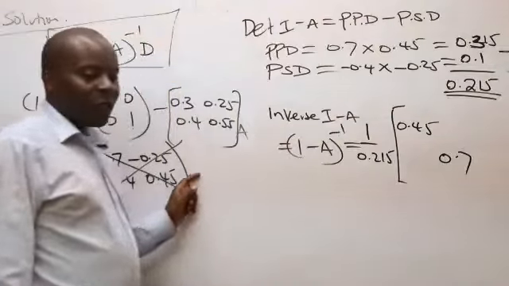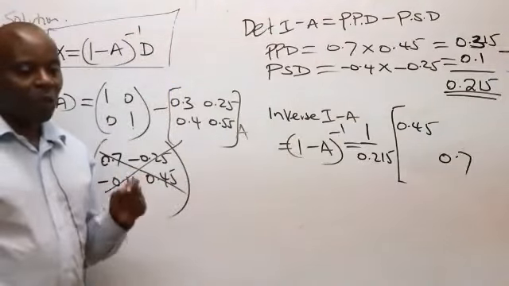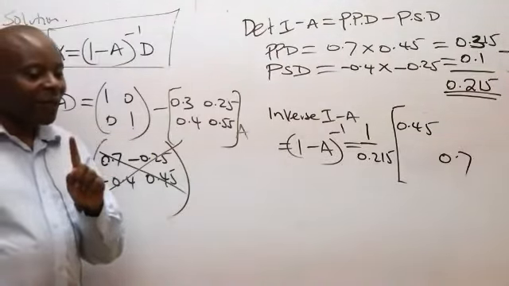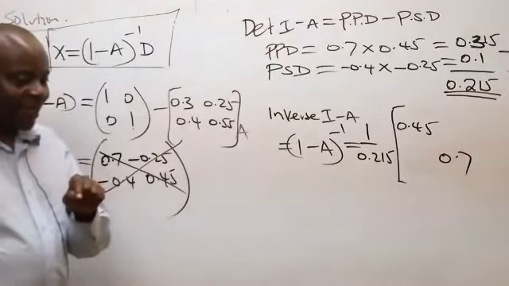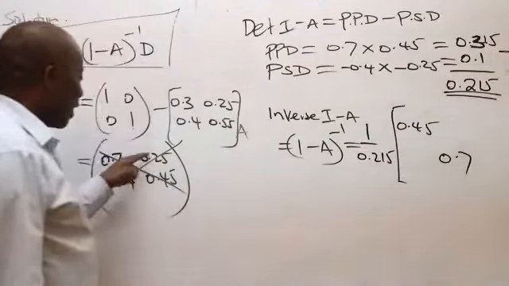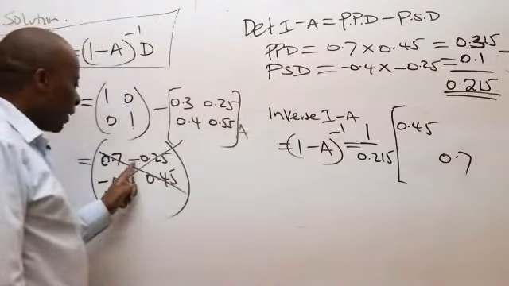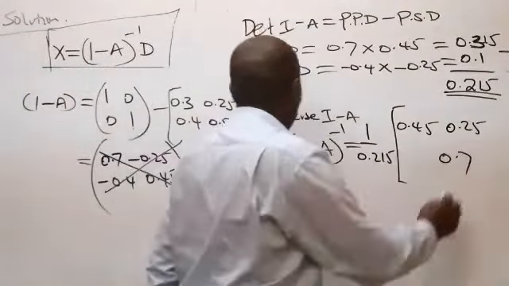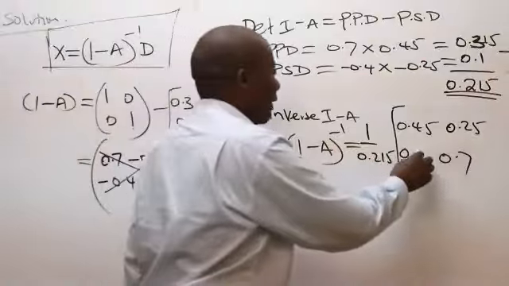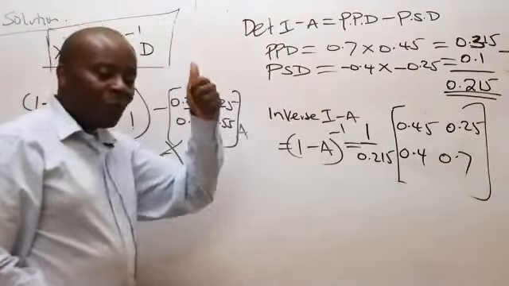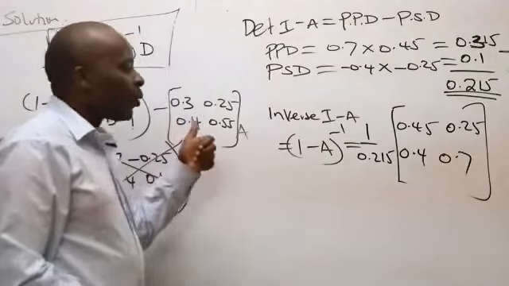How about secondary elements? Secondary elements, we change their signs. Yes, like here, ladies and gentlemen, this was negative. We retain their positions, but we change their signs. So we have here 0.25, and here we have 0.4 like that. So now we've been able to get